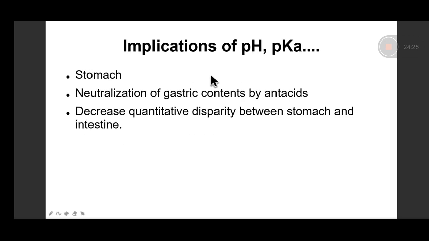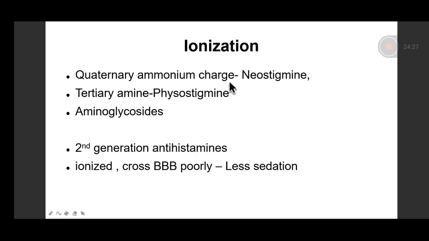Okay? While neostigmine, being a quaternary ammonium compound, has a quaternary ammonium charge, it is polar, it is lipid insoluble, it cannot cross the blood-brain barrier. So we prefer physostigmine and not neostigmine in Atropa belladonna poisoning. When we talk of these drugs in greater detail in autonomic nervous system pharmacology, this example will be revisited then.